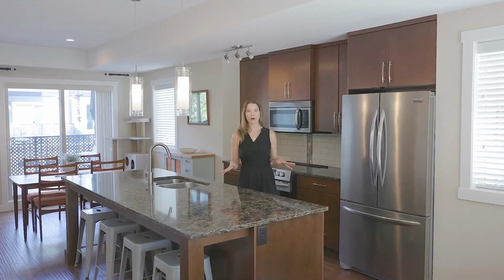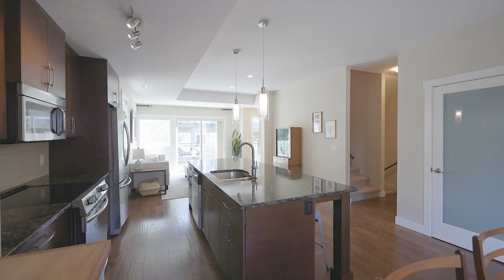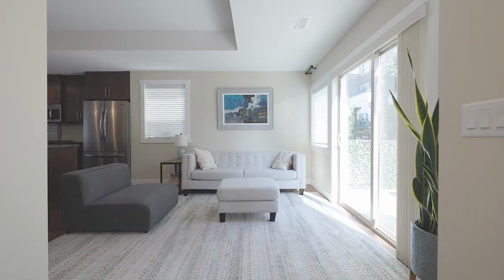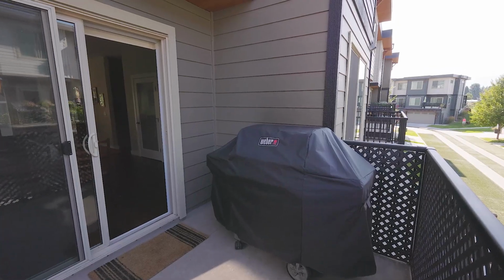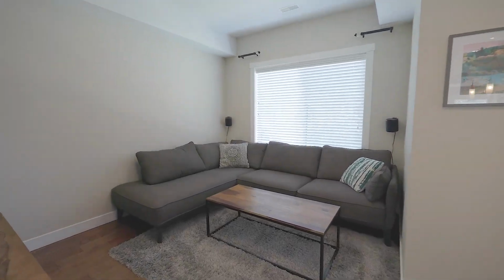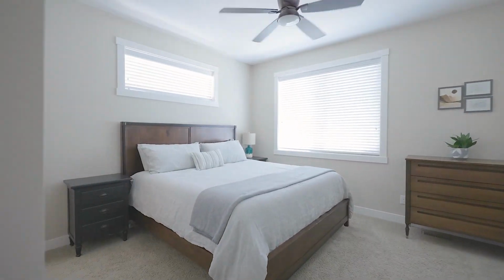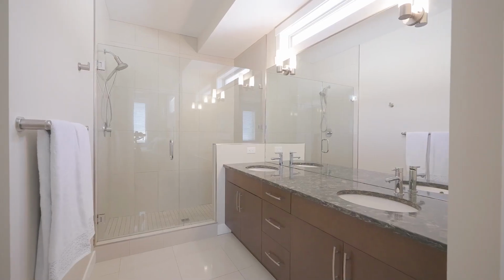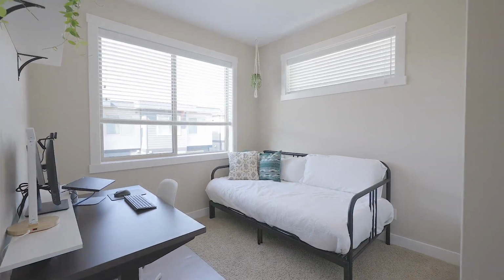On the main floor, the kitchen opens out onto the living area, out onto the deck that I was just on, and then you also have an outdoor barbecue, patio, and a nice little sitting area, as well as extra pantry space. Upstairs, you've got 3 bedrooms with a nice large primary. There's a dual vanity in the bathroom and a beautiful shower, and the laundry is up here as well as